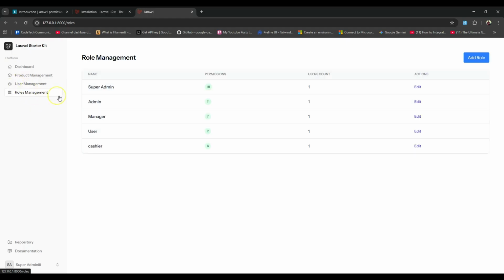which is roles management. So from here on this page you can see we have the role management, and we have the table that shows the name of the roles, the number of permissions that each role has, the users count, meaning the users that belong to a certain role, and here we have the edit action. But the delete action will only be available if we don't have any data that is depending on that